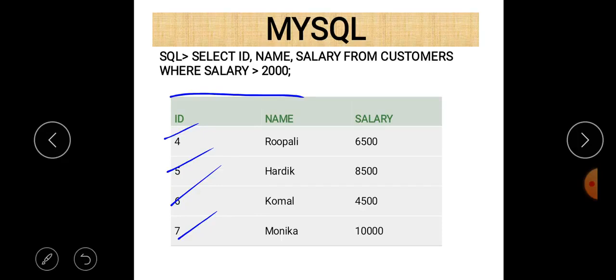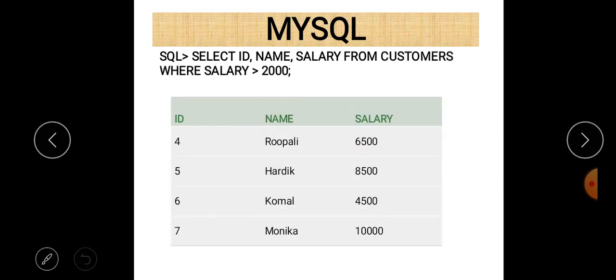So that is the complete syntax of the select statement. Using select statement you are able to select different columns, and if you want to filter records, then the condition is given with the where clause. And if you don't write a where clause in your select statement, then all records will be selected by default.